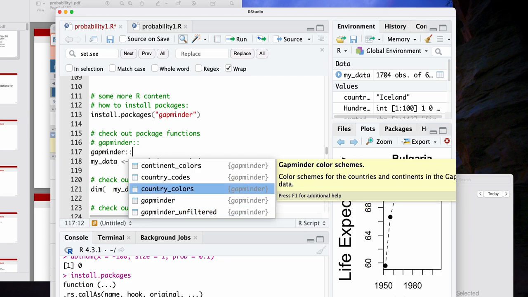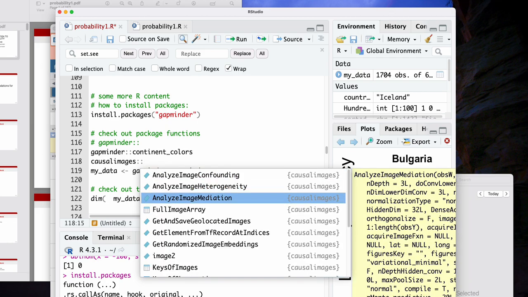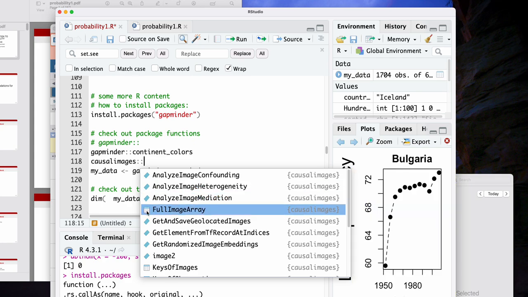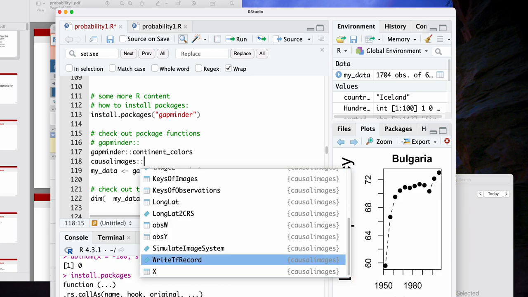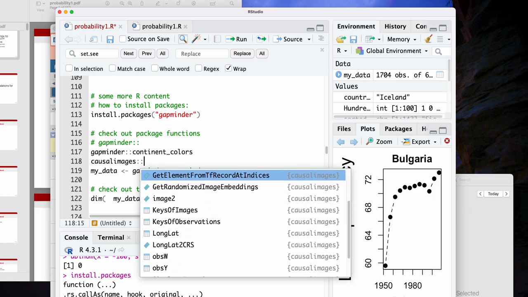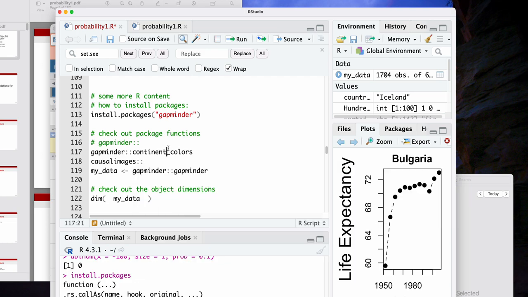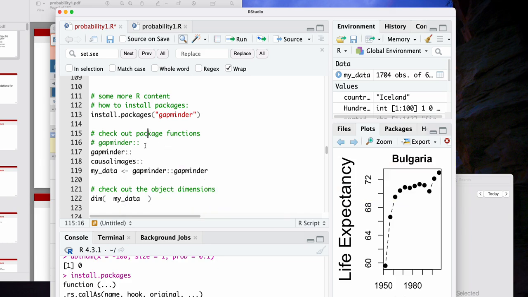If you look, there's a little symbol to the left of it. That basically means it's a data set. If you look at other packages, it will look a little bit different. So here, this is no longer a data set, this is a function, whereas this means data set. So the different symbols that you see correspond to different things. Like this package has a lot more functions in it and has a few data assets as well, whereas in this case, the gapminder package has only 5 things. So we're going to look at some of those things today.